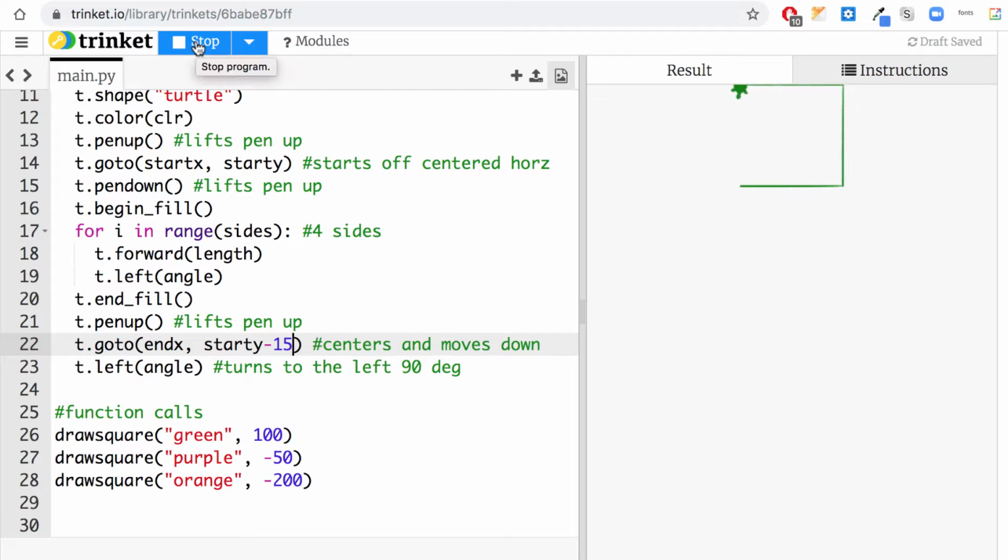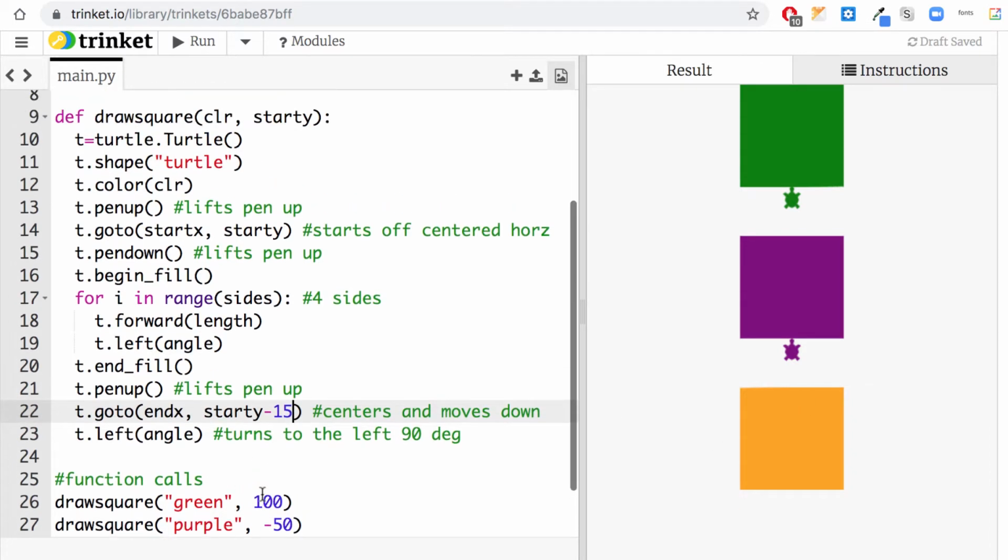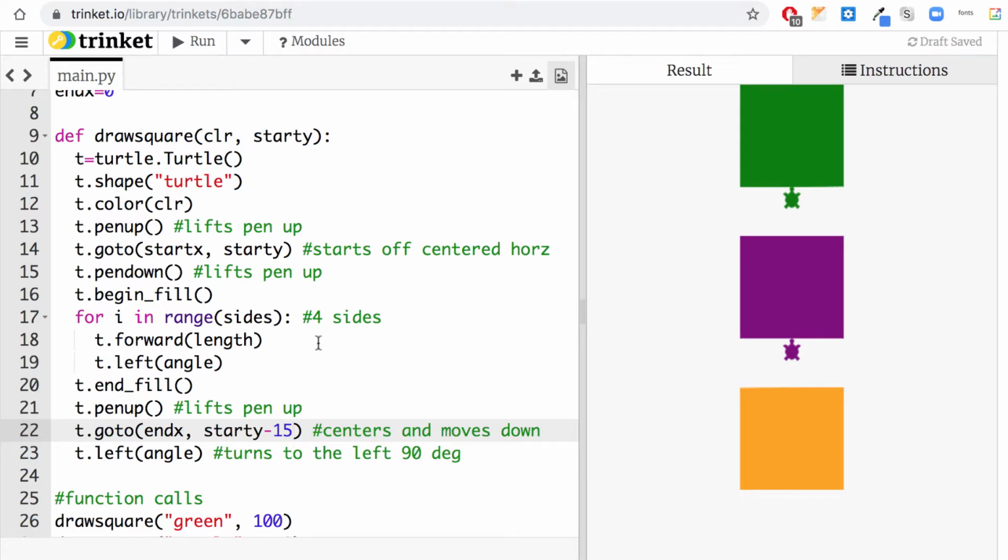So now there's my first. Now you can see the turtle is closer to it. And that's kind of the idea. We're still not seeing this here. And these numbers certainly could be closer if we wanted to. But that's the whole idea of using these function calls, instead of copying and pasting code and going through and trying to make edits,